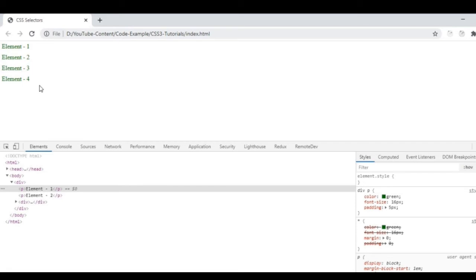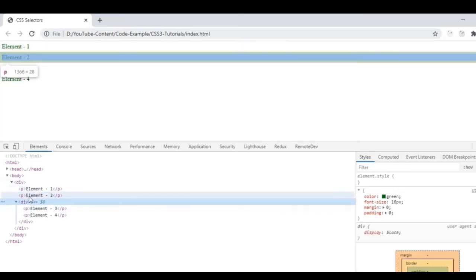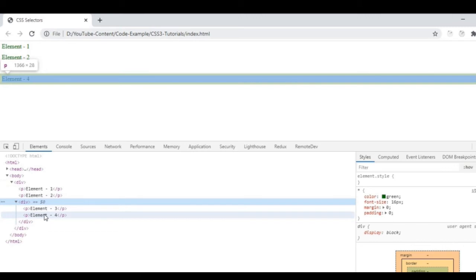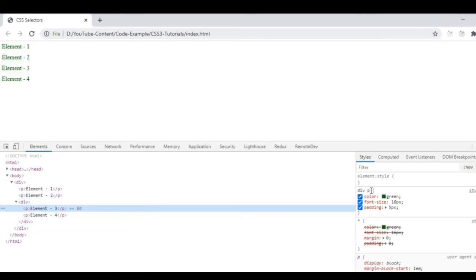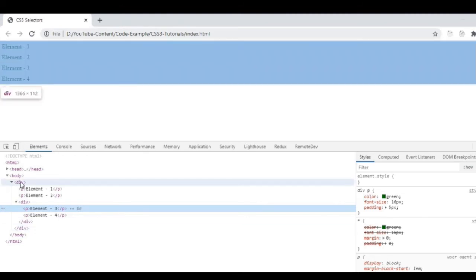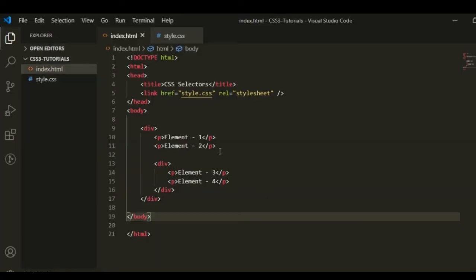Here you can check the CSS also applied on the next element. It's element 4. This element is coming inside another div. So descendant selects all the children elements, either it's a direct child or indirect child.